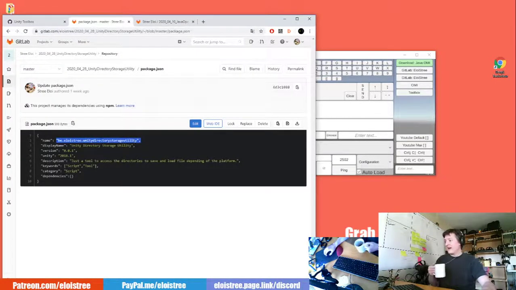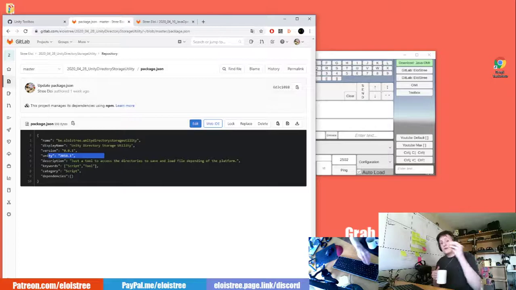has this ID, that it is here, Eloistre Unity directory storage. It has some name, it has a Unity version that explains that it only works from a minimum version, a description, etc. There are some dependencies, but the problem is that I don't master it enough, and Unity was not ready enough some months ago to be able to download automatically what it needs. But at the end, it's what Unity wants.